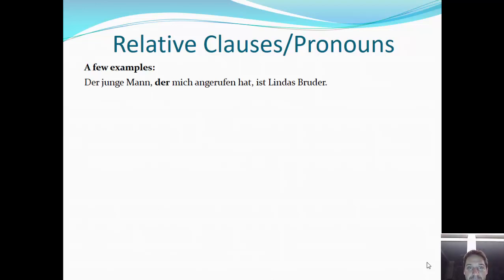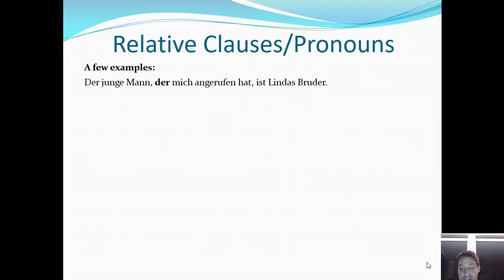We know that man is going to be masculine. That middle clause, der mich angerufen hat, I can almost rewrite as der Mann hat mich angerufen. But because it sends the verb to the end, in this case it sends the conjugated